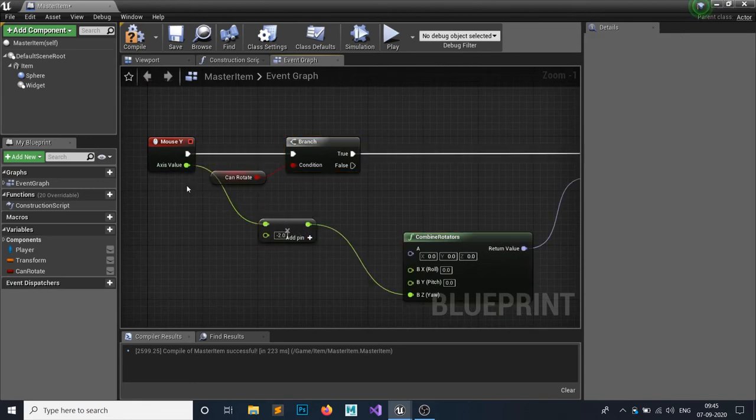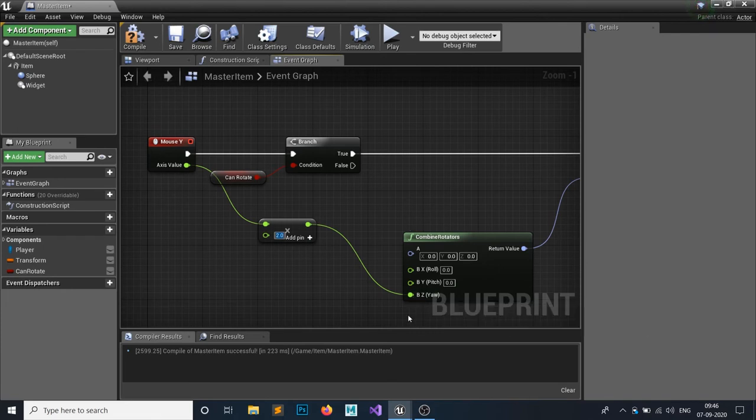Make sure of the invert axis rotation: if you drag your mouse up, it will go down. So you have to make sure this is positive, not negative. So just set this to 2, or whatever positive number.